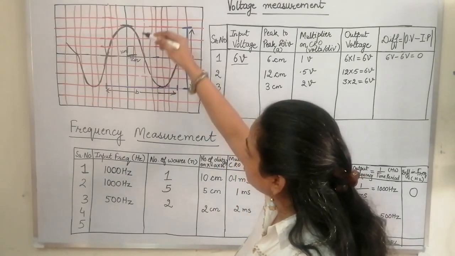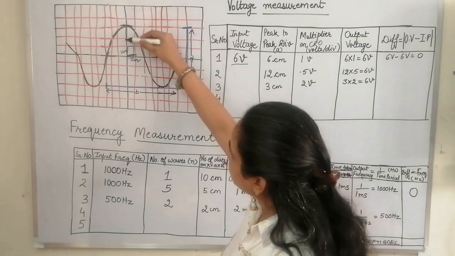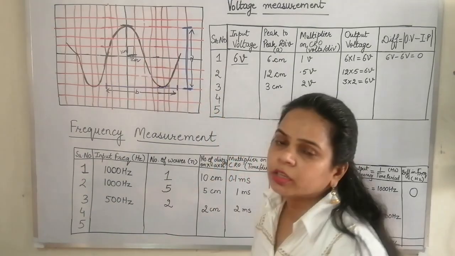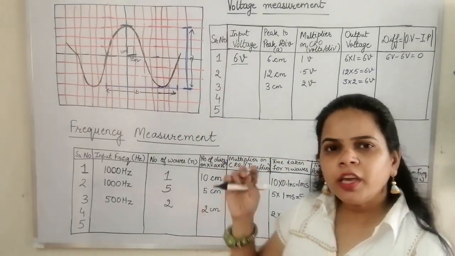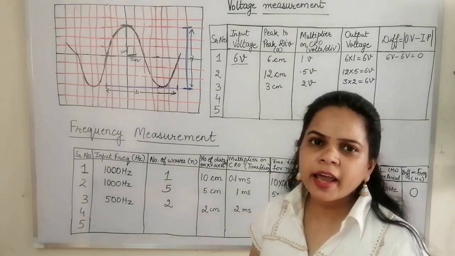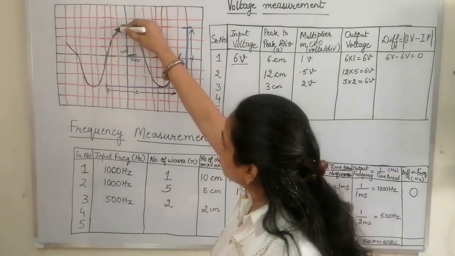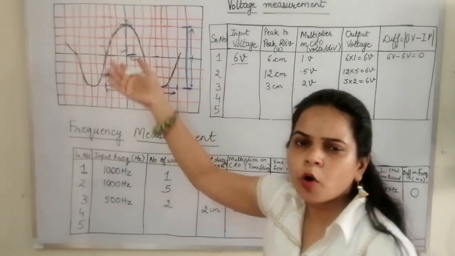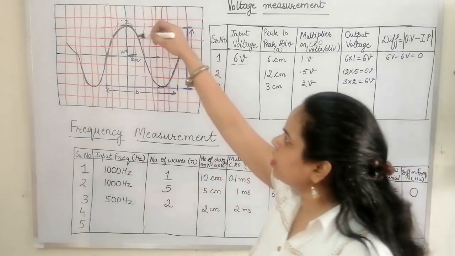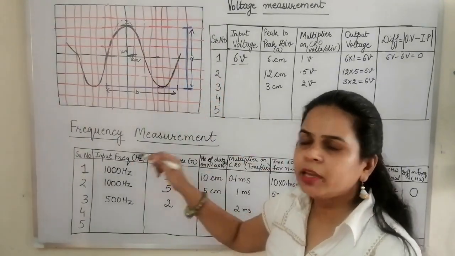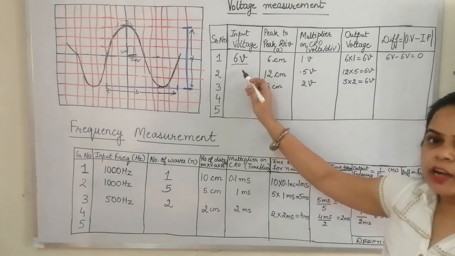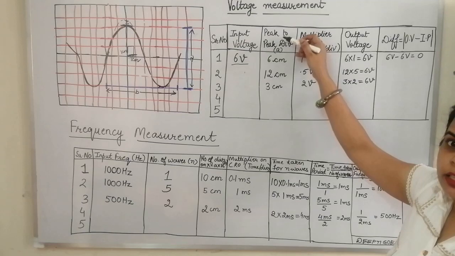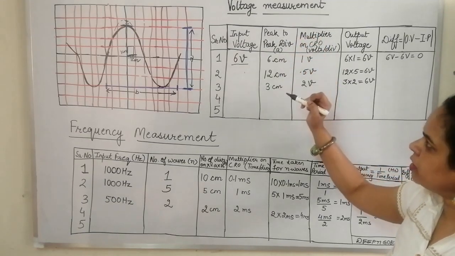So we will count the number of divisions or blocks. So this is 1 centimeter, 2 centimeters, 3, 4, 5 and 6 centimeters. So in the voltage calculation, we have to see how many divisions there are. If it were approximately like this, then we would have counted the smaller divisions also, that is, how many smaller divisions are there. Since they are complete 6 blocks, it is 6 centimeters. So the input voltage that we fed from the function generator is 6 volts, and we have measured that this peak-to-peak division is 6 centimeters.